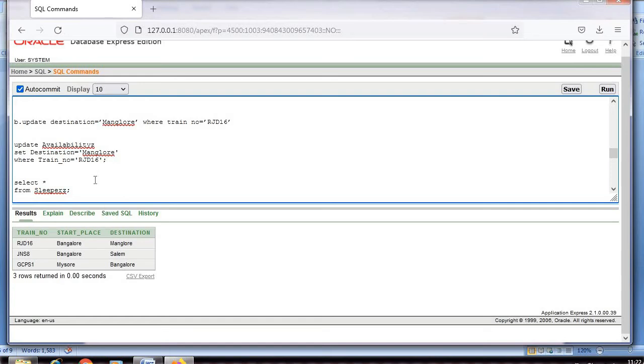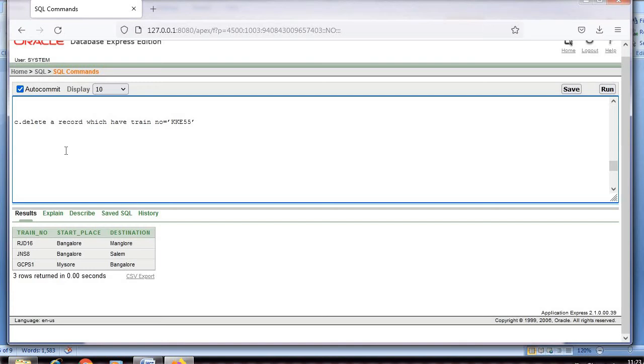This is how you can update. Already the data is existing; you are only making some changes to the data. The destination was Mumbai, now I have changed it to Mangalore based on the train number RJD16. You can see the answer in the result.